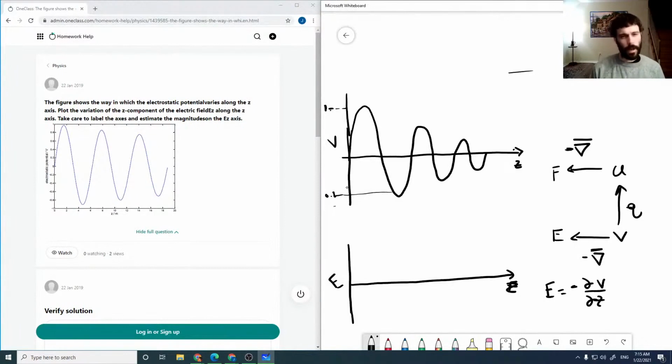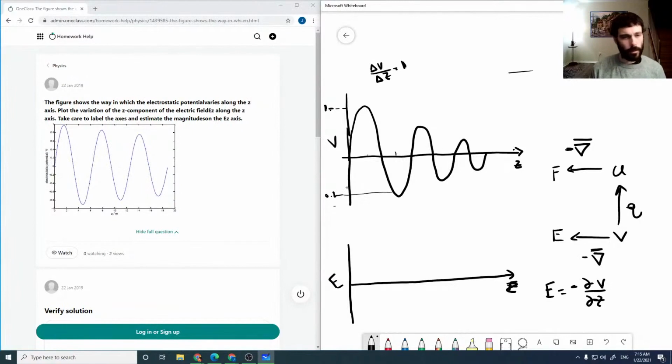I believe the distance in here is about 2 meters. So it looks like my delta V over delta Z in that region is, say, about 1. So I would presume that I'm going to peak out at about 1 in here,